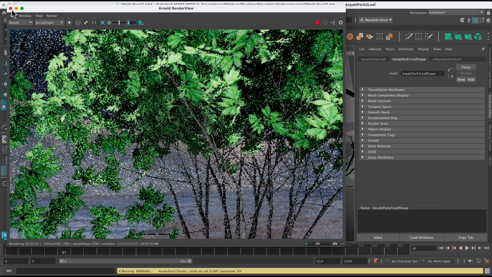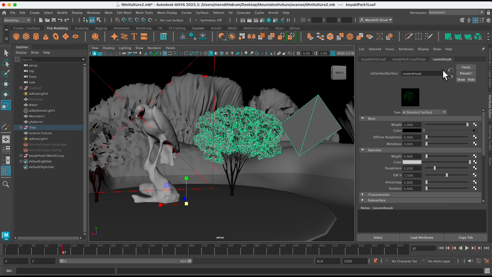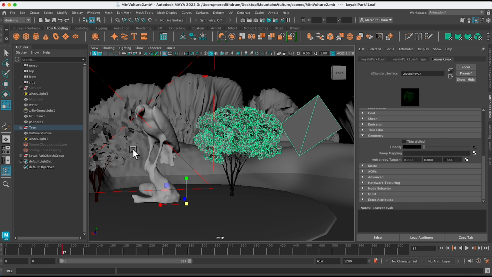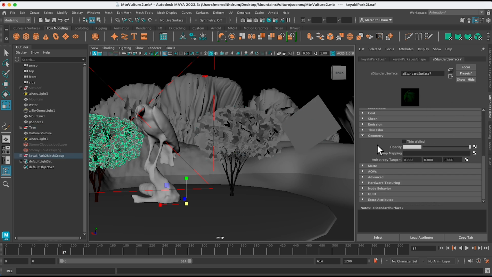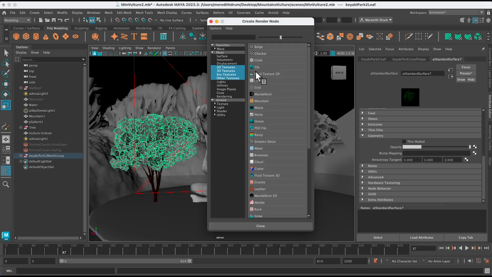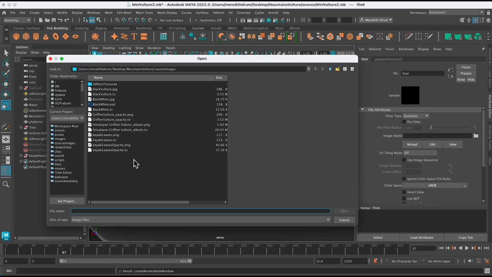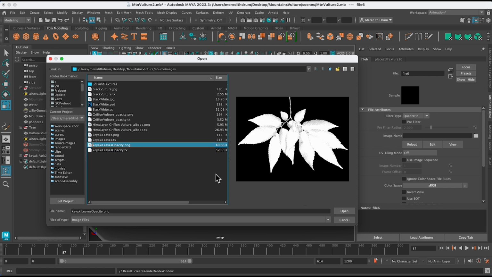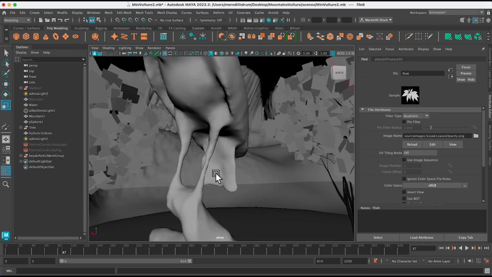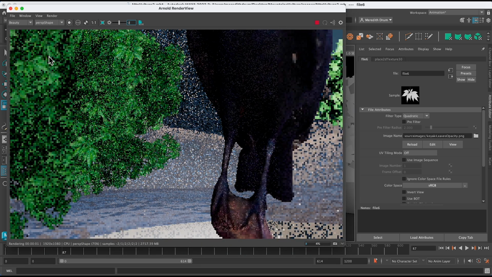Okay, so let's take a look there. So the thing we need to add then, this one already has it. It has the opacity map. We just need to add that here to this one that we just added. Okay, we could have done this in a quicker way, but I'm just showing you. File, image name, and then we're going to apply that black and white opacity. Oops, not that, but that. Okay, and now it should work. Let's go up here to Arnold, and now you see it works.